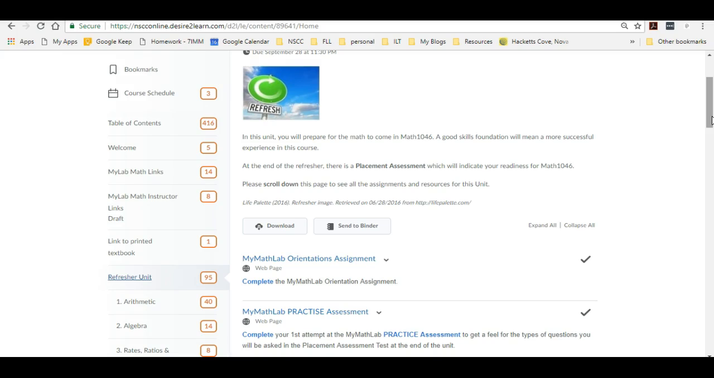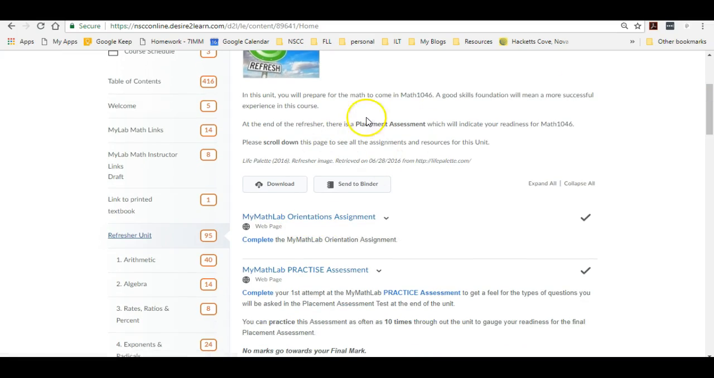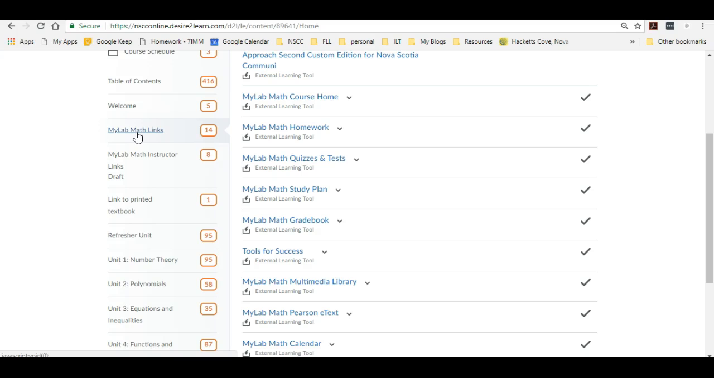In the Pearson My Math Lab program, we have set up a refresher module. What I'd like you to do first is this. So I'm in Brightspace, and it says My Math Lab Orientation Assignment. Complete the My Math Lab Orientation Assignment. That is in My Math Lab. It doesn't connect right from here. What you have to do is go back to My Math Lab links, which I'm going to do, and then go into,